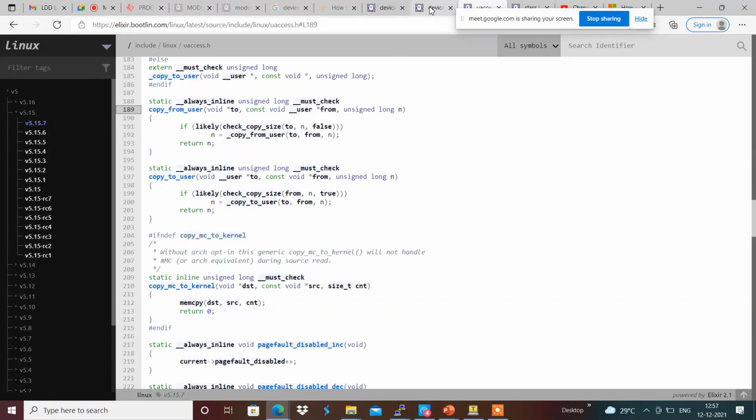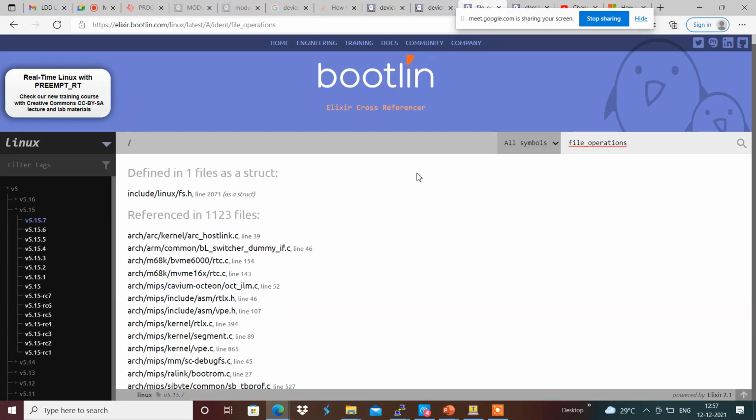File underscore operations is the structure present in linux/fs.h, and poll will have different events, that we will see, which will be handled over here.